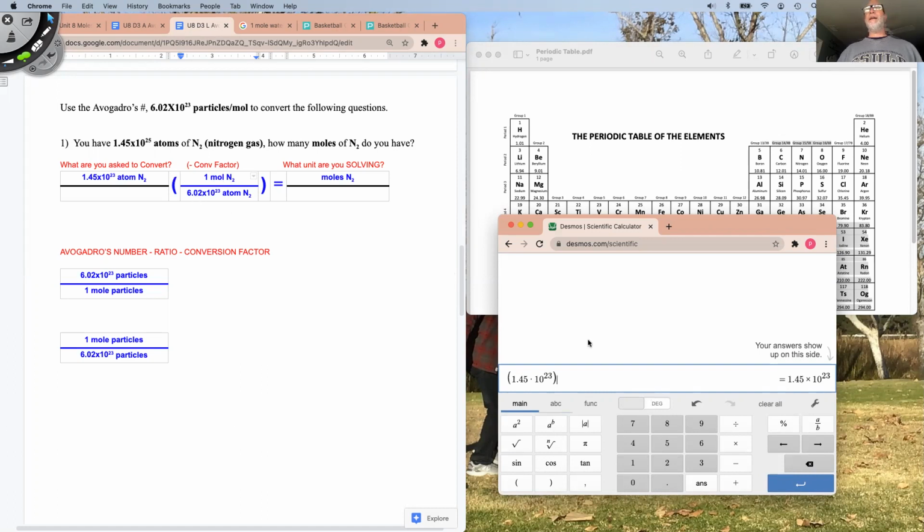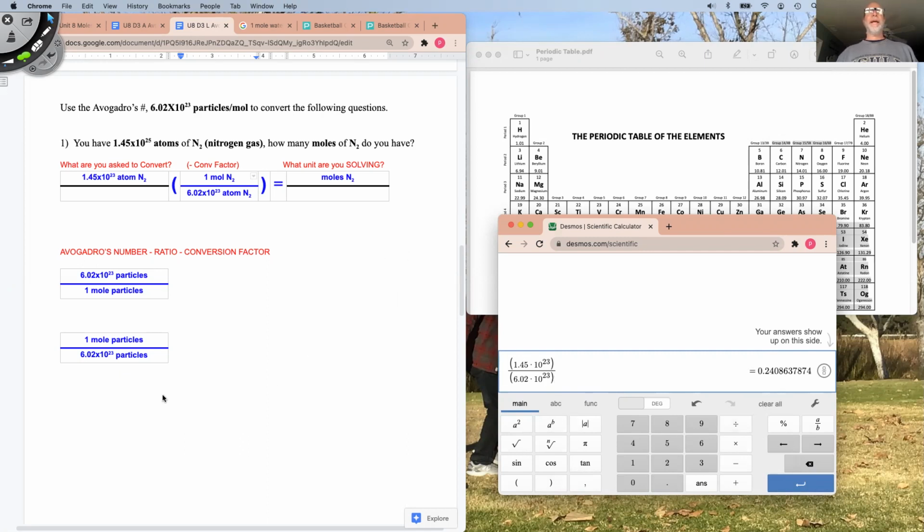Then you're going to divide. We'll push the divide button, right? We're going to put parentheses again, just because it's going to be a little nicer. We're going to put in 6.02, and then times 10 to the power of 23. And then we're going to close our parentheses. Click out, close our parentheses. And at this juncture, it's exactly what we want. And then, boom, we're going to push equals. All right, so we push the enter button. Oh, it gives it to us right here. There's our answer,